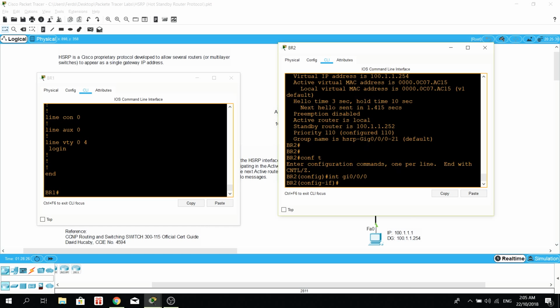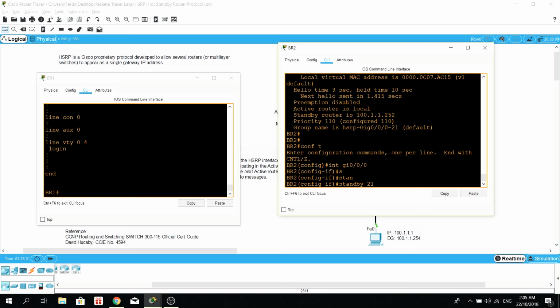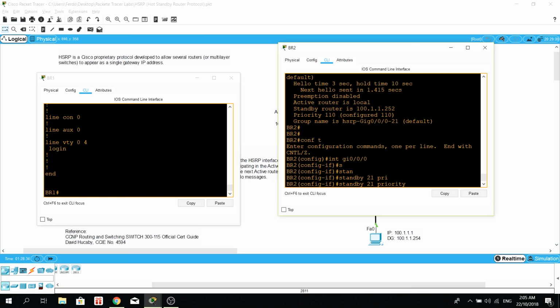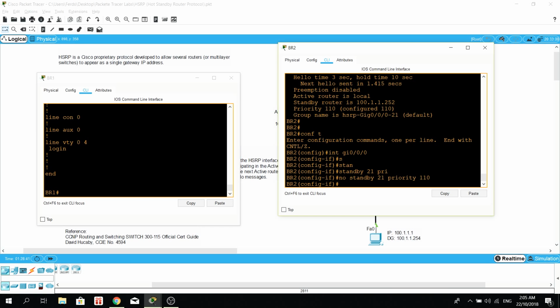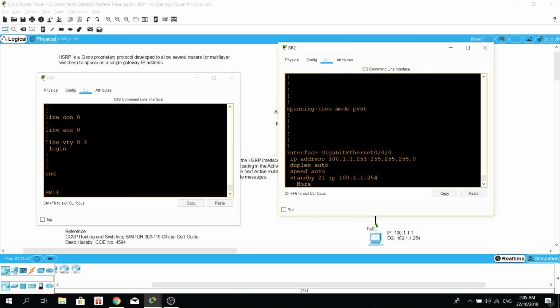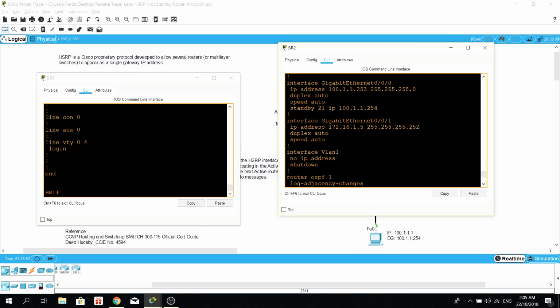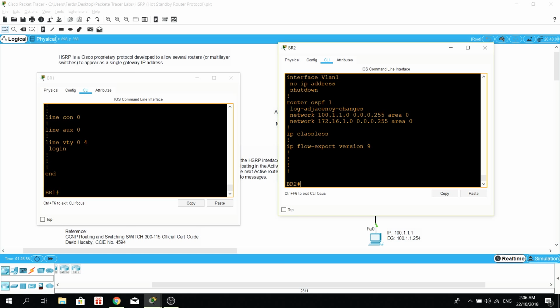So standby 21 priority, I'm going to remove this so it will have the default priority, which is 100. So let's check again the configuration. Yeah, so if we check now, standby